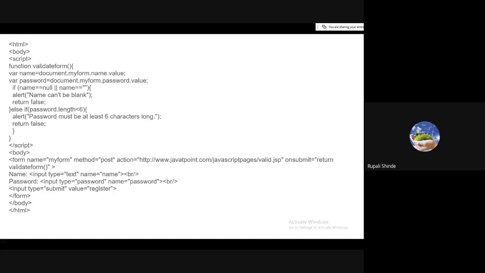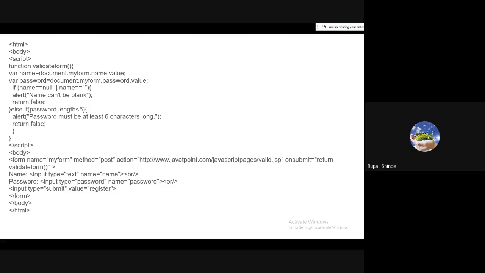So here is the code. By using that, we apply the validation on the form. Everything happens on the client side. Validation is checked on the client side, so the data is transferred to the server faster, and instead of checking the validation on the server side, the server will just send the response because validation was already checked on the client side.